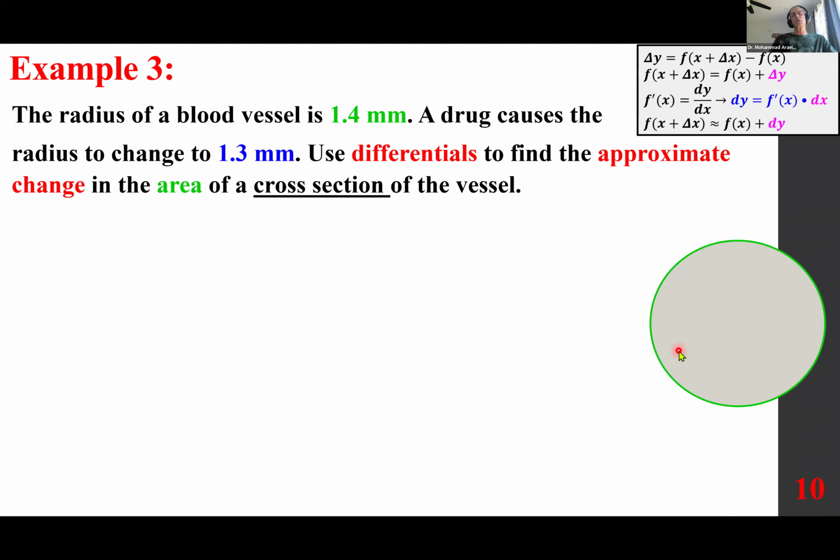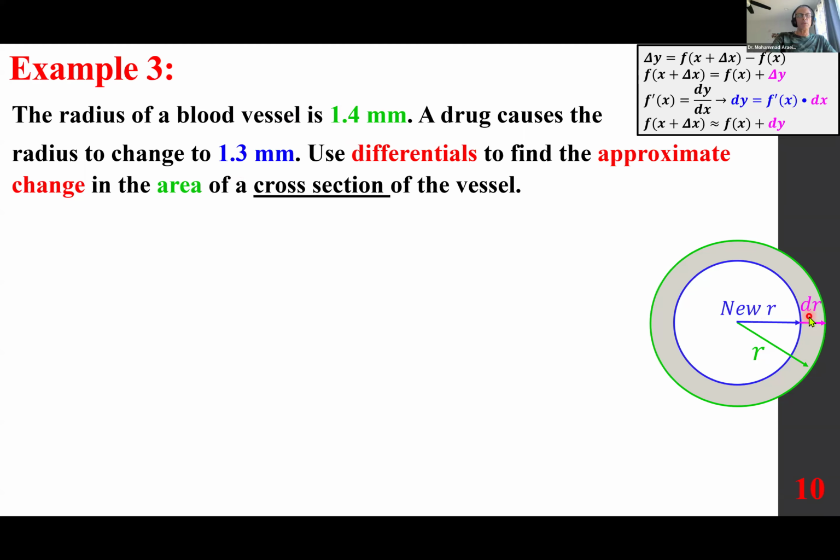The cross section is in a circular shape with the area being pi r squared. It has some radius to begin with, r, which we know to be 1.4. A drug causes it to go down to 1.3. So the radius goes down to a new radius, creating a difference between the two, which is dr or delta r. So we're going to write r is 1.4, and dr or delta r is 1.3 minus 1.4, the difference between the two, which is negative 0.1